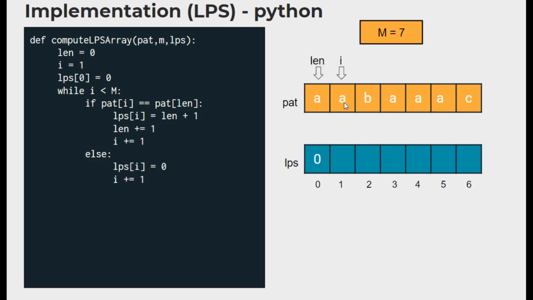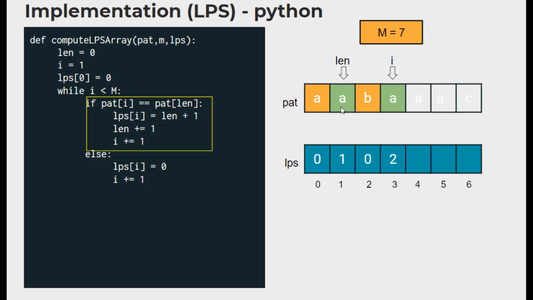Here in this example, we first put a 0 in the 0th index of the LPS, and we now compare these two positions. They match. So when they match, what we have to do? Just assign length plus 1 as the LPS of I. So here we put 1 and increment both the pointers. Now when we compare these two, there is a mismatch. So when there is a mismatch, according to our code, just put a 0 there and increment I. Just think, can I compare this and this now? Does it make sense? Already there was a mismatch here, which means we have lost the continuity.